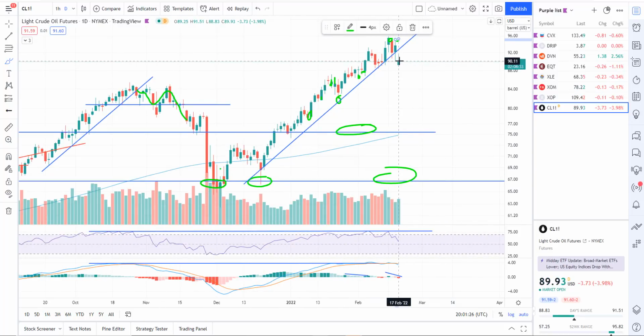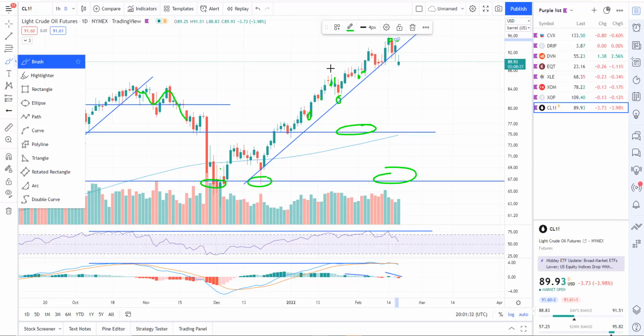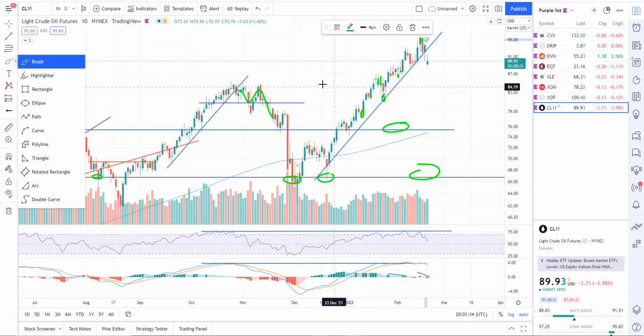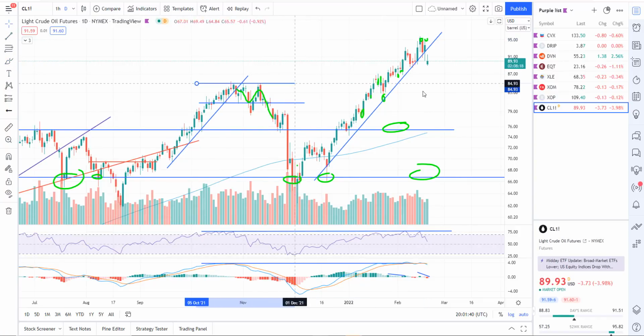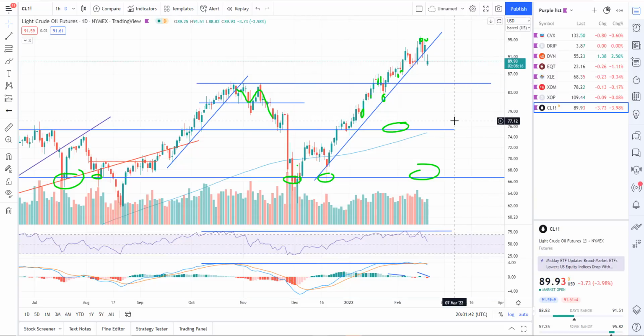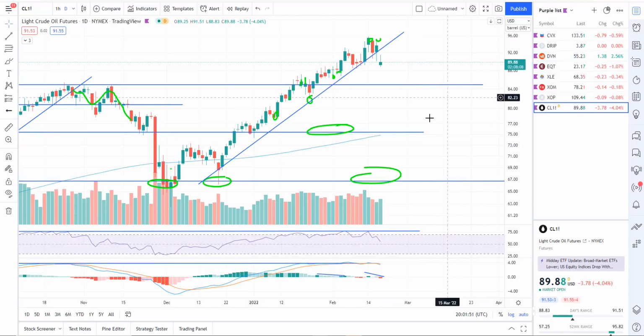Oil has been extremely strong, but I think it's a pretty crowded trade. I know retail trade is starting to show up there, and it tells me that we're likely going to get a pullback in oil. And if we're going to see a broad-based market sell down for the next leg lower, oil could easily, and should rightfully so, trade down as well, because it is kind of an economic play. So as far as I can tell, we've got a breakdown in oil, we've got a sell signal, and